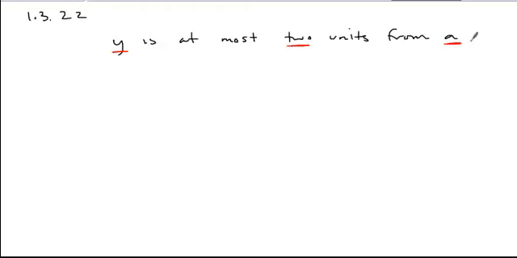And so the first thing is to determine which one's the distance and which one is your set of coordinates. So when you look at this, which one of these is going to be your distance? It's 2 units from, so this tells you that this is your distance, and that means y and A are going to be your coordinates. So when you set up your absolute value inequality, you take the absolute value of the difference of the coordinates, you compare them to the distance, which in this case is 2, and now you just use the wording and the phrasing in order to decide what the correct inequality is.